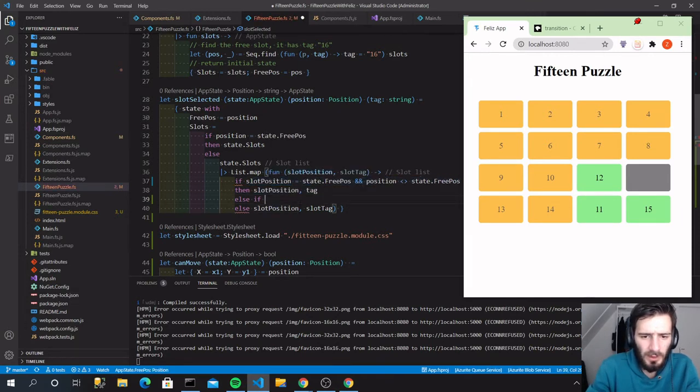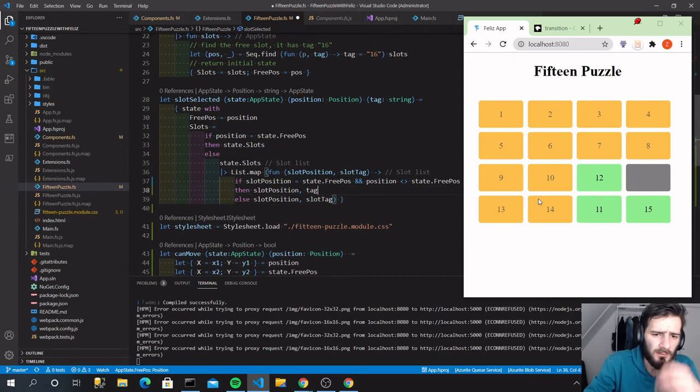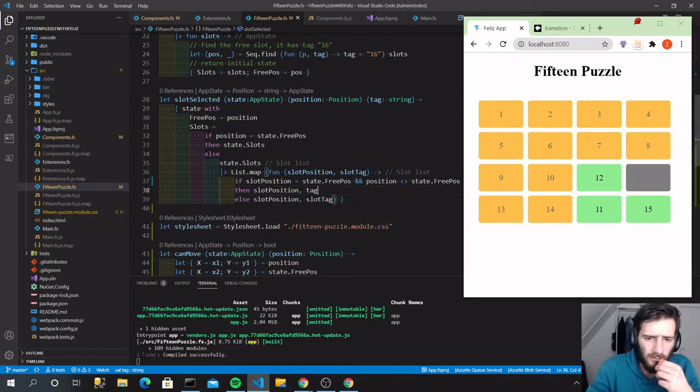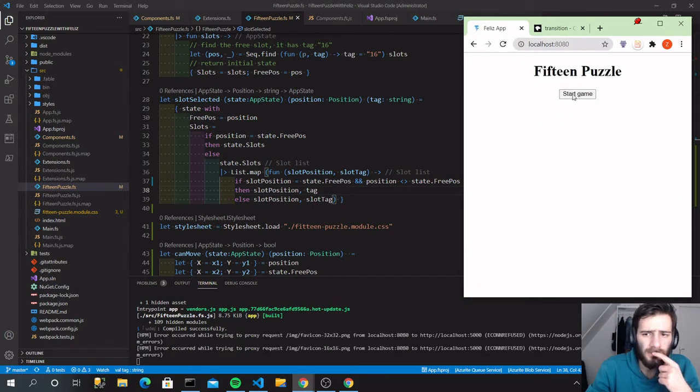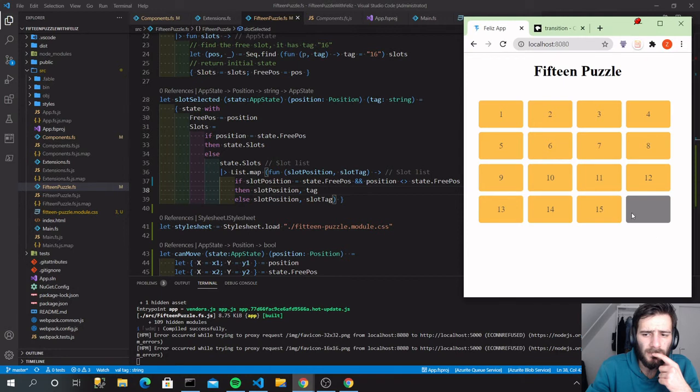Else if you clicked on it, then it stays the same. Okay. So if the slot position